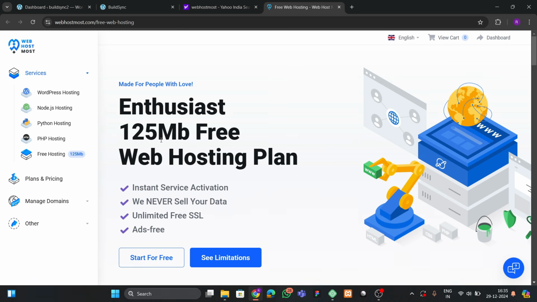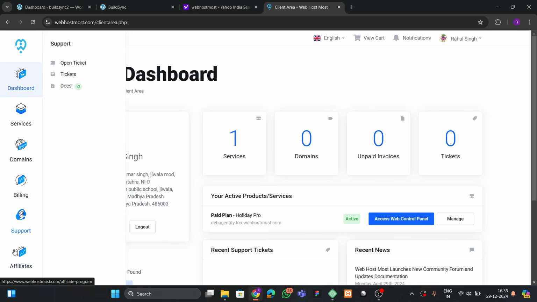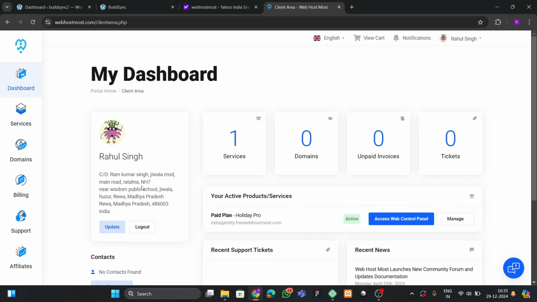Okay, so first you have to open this website, and after that you have to just click on this login page. When you log in here, it will take you to this main page, and from here you can access all your settings. You can see that here you will find all the services and all. So for